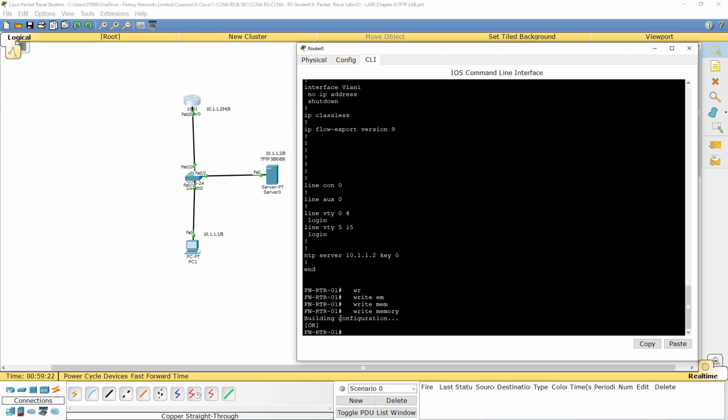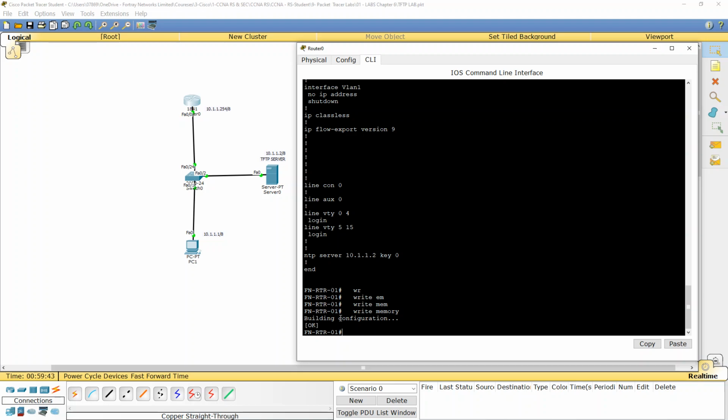So this is how you handle such a situation. If the router configuration is deleted or you replace the router, you need minimum network connection between TFTP and the router, at least network IP connectivity. Then the command is the same, the copy command. You need to only change the source and destination.